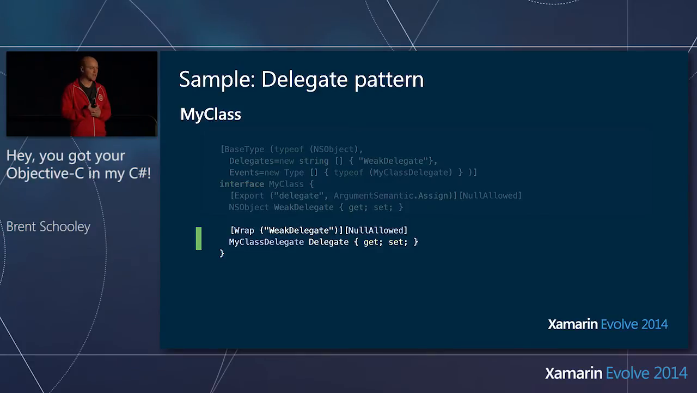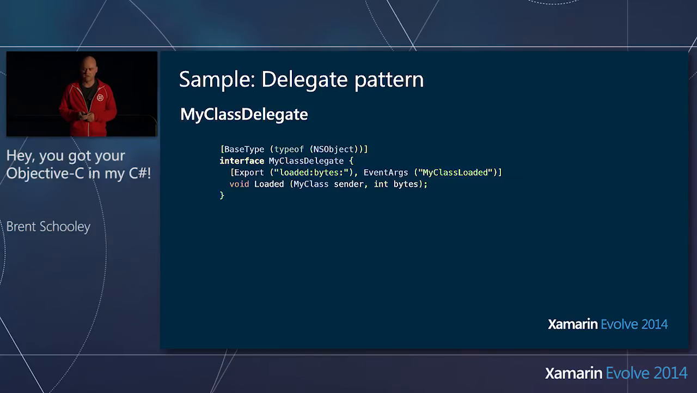But we're going to wrap that weak delegate with the myClassDelegate object. And this is what's going to expose our events. If we take a look at myClassDelegate, that's where our loaded method, which is going to end up being our event, is declared. So the export statement says we're going to map a method called loaded